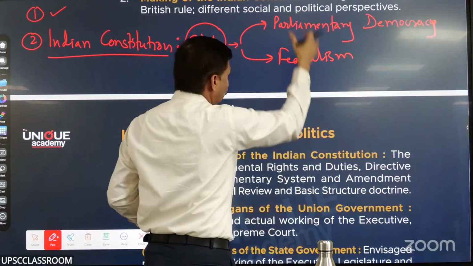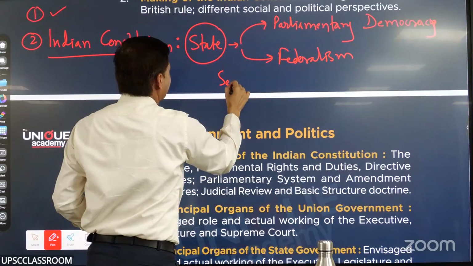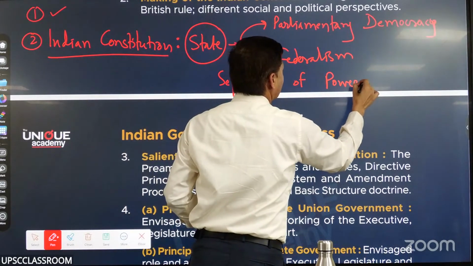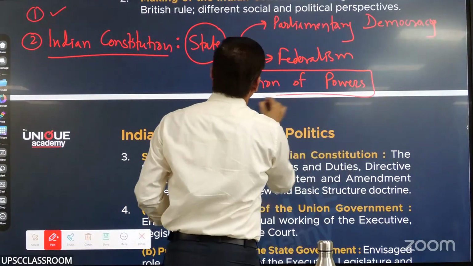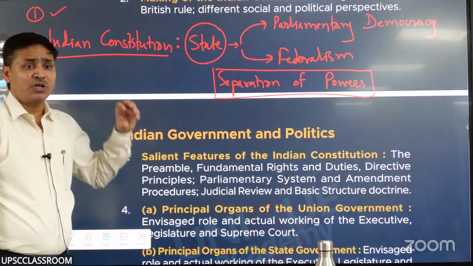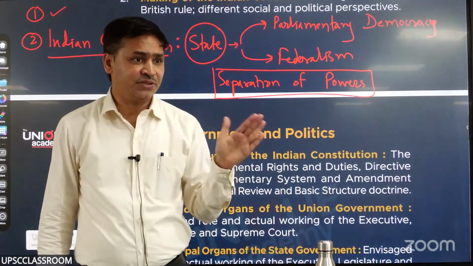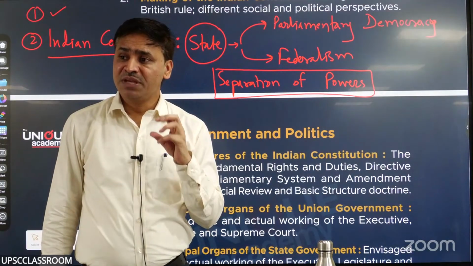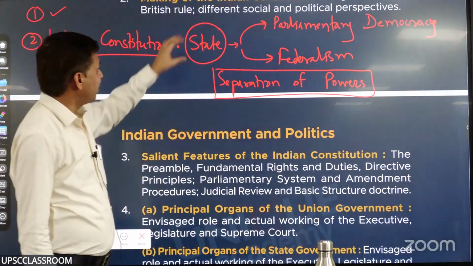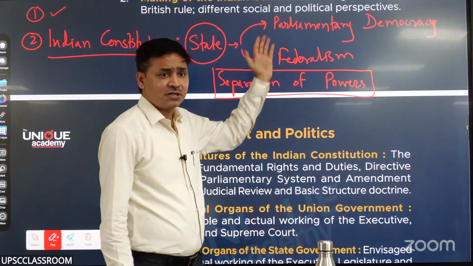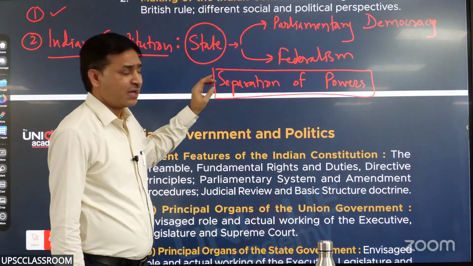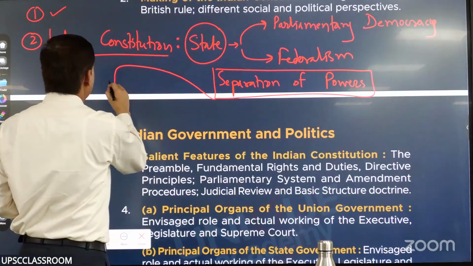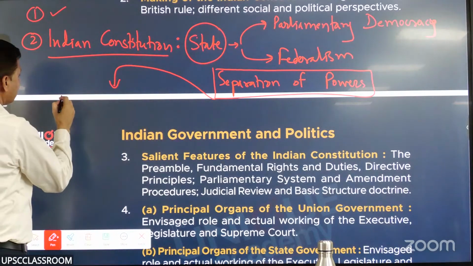ओके, एंड उस दोनों को मिला के ये हम पढ़ाई करने वाले हैं, सेपरेशन ऑफ पावर्स, उसको बॉक्स ही करते हैं। ओके, so when we say as student of Pol Science we are going to study constitution at length, okay, but what are we going to focus on as part and parcel of making sense of Constitution of India? तो क्या टाइप का स्टेट है? सो वन इज द पार्लियामेंट्री, अदर इज द फेडरल। उसको ही अलग सी भाषा में हम कह सकते हैं सेपरेशन ऑफ पावर्स। ओके, अब उसके तीन पहलू हैं जो हमें स्पेसिफिकली फोकस करने हैं।